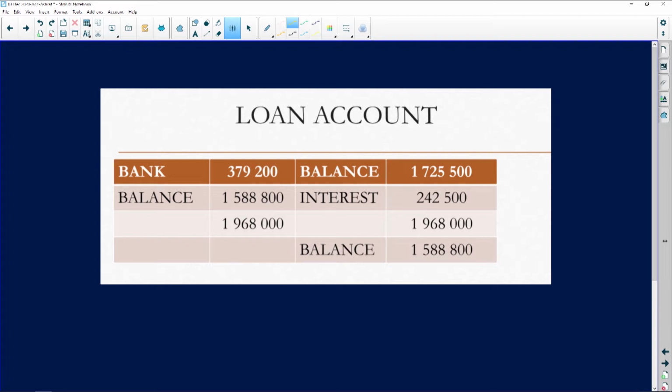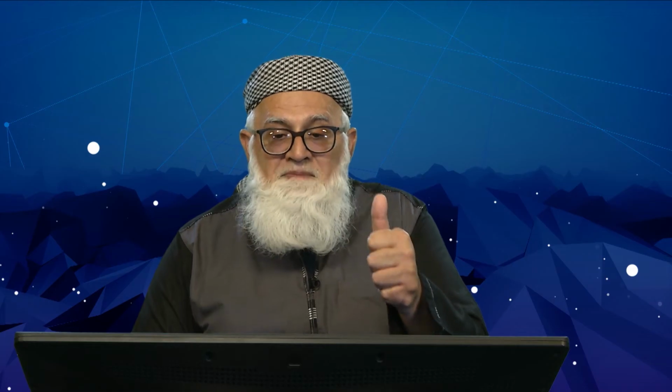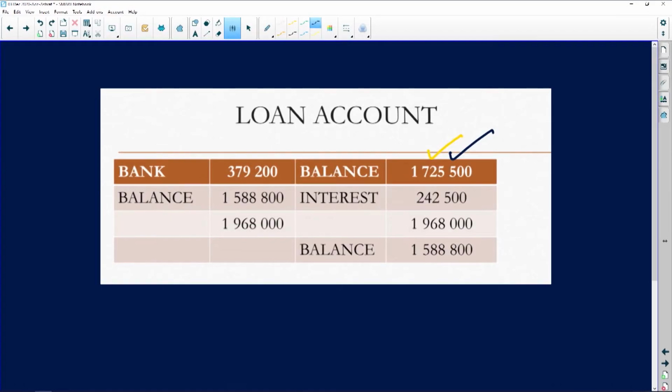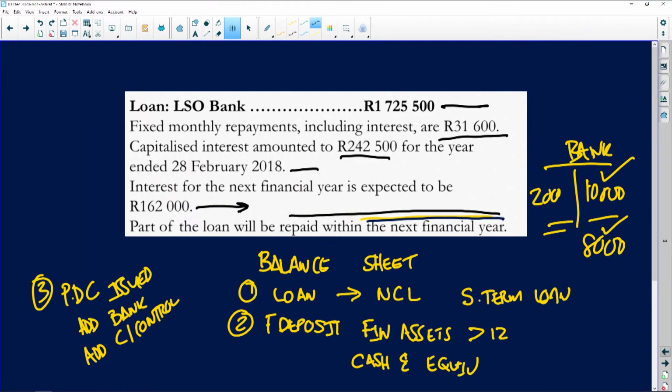Your balance at the beginning of the year is 1,725,500. So step number one, opening balance, right? Step number two, what information do we have? We are told that my fixed monthly repayments,